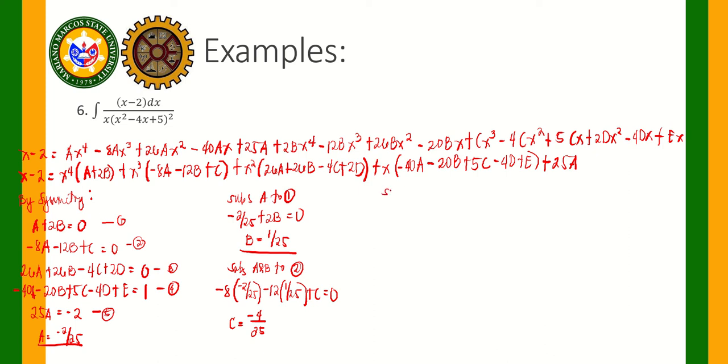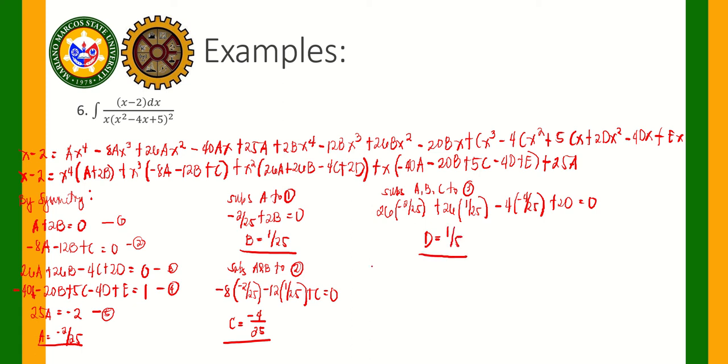And then next, substitute natin A, B, C to equation number 3 to solve for D. Yan. So, we will have 26 times negative 2 over 25 plus 26 times 1 over 25 minus 4 times negative 4 over 25 and then plus 2d equal to 0. So in simplifying that equation, you will have a value of D equal to 1 over 5. Okay? And then,